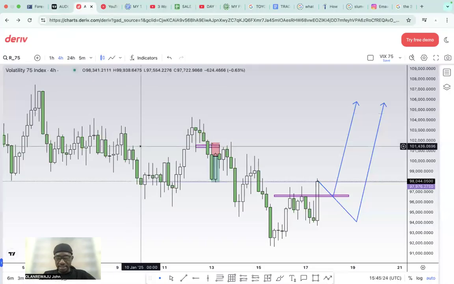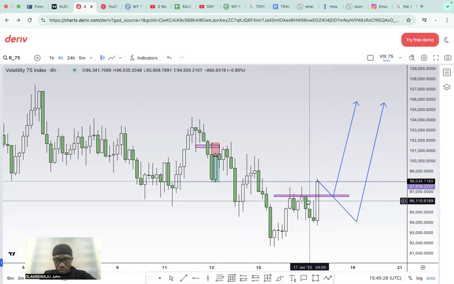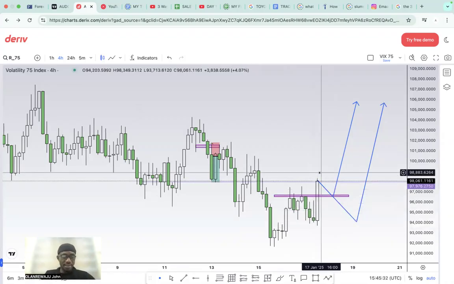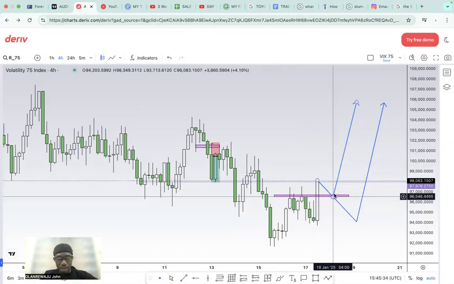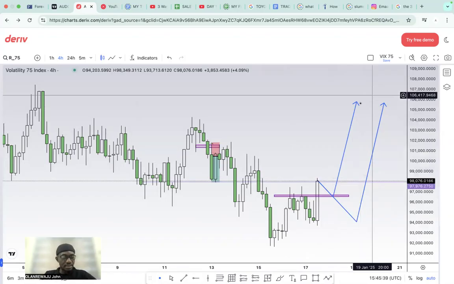So this is a market. As you can see, initially I was looking to sell. Why? Because the market was selling. Now the market has changed to buy. I've taught you market reversal. What am I looking for now? Market reversal to join the buy. That's it. When you look at this other one that is currently selling,